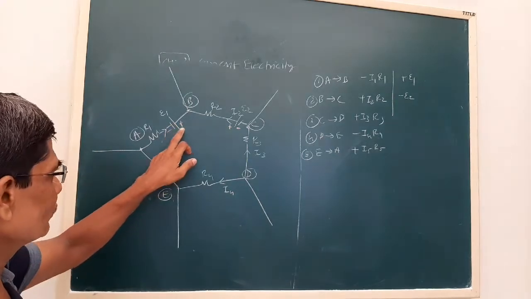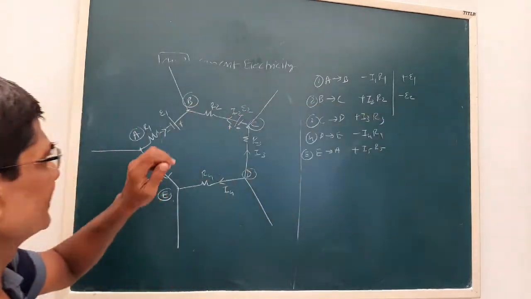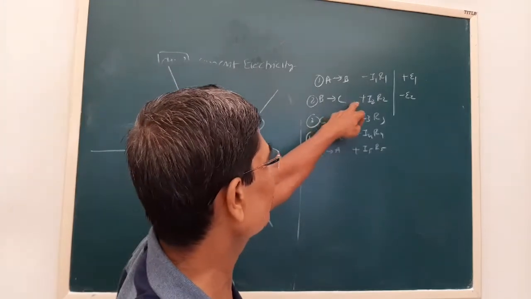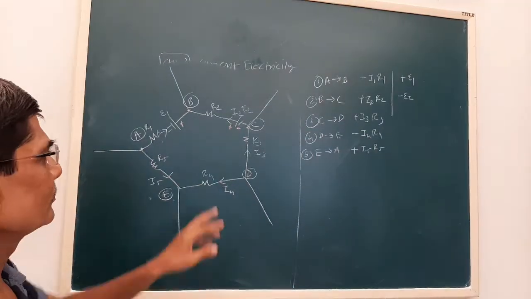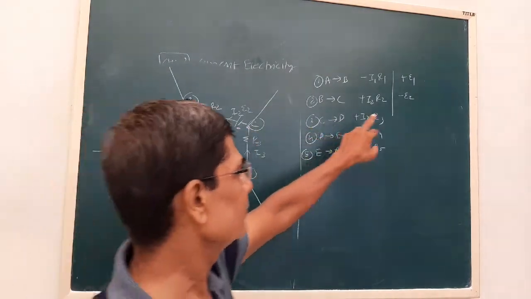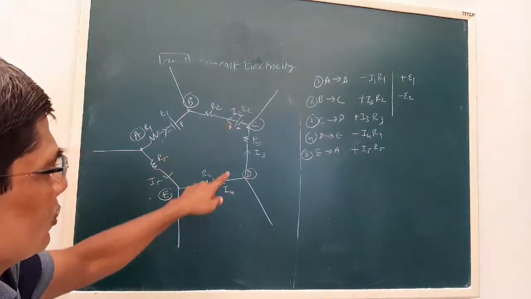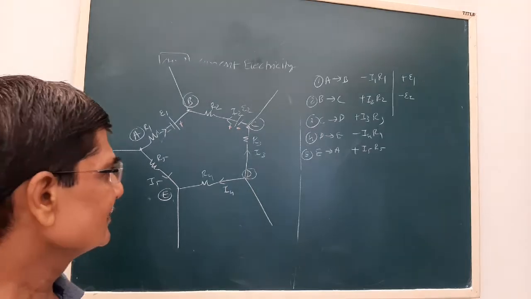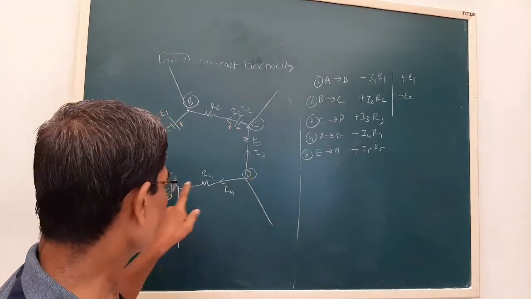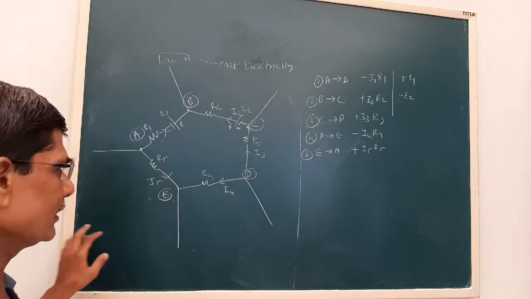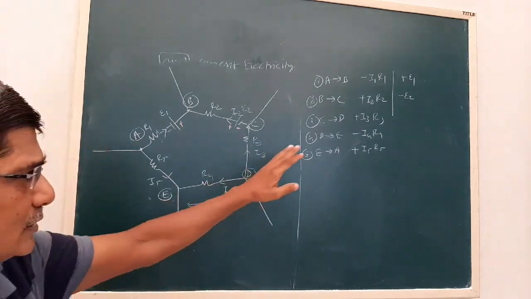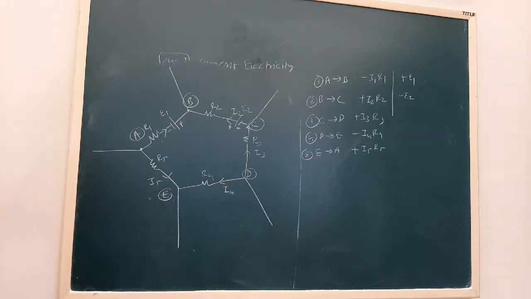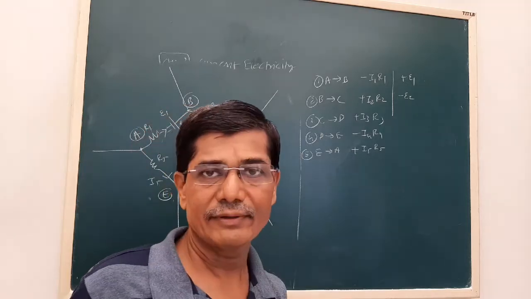Let us say again, see A to B, in the direction of the current, minus I1 R1, minus to plus of the battery, plus E1. See, we move from B to C. During that we move in the opposite direction of the current, so in that case we will have plus IR, that is I2 R2, and we move from plus to minus of the battery, a decrease in the potential. Now C to D, we move in the opposite direction, so there will be an increase in the potential equal to IR. Now next D to E, we move in the direction of the current during our journey, so in that case there will be a decrease in the potential. Then finally E to A, we move in the opposite direction of the current, that will be plus I5 R.